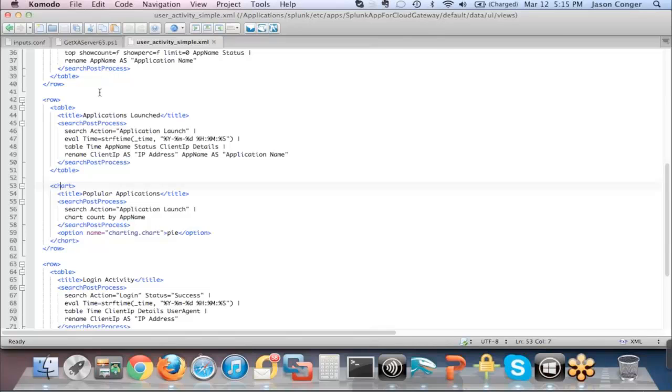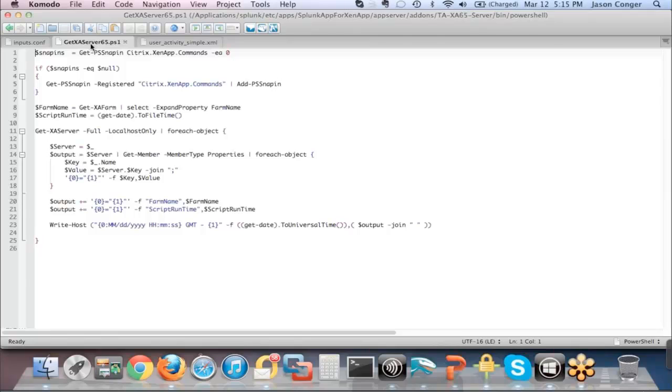And if you want to write scripts or just point to a log file or whatever, this is a script that goes and grabs some Citrix XenApp data. You can write any kind of script that the operating system understands. This is a PowerShell script that goes and grabs some XenApp data. Anything that would have ended up on the screen is what ends up in the index for XenApp.